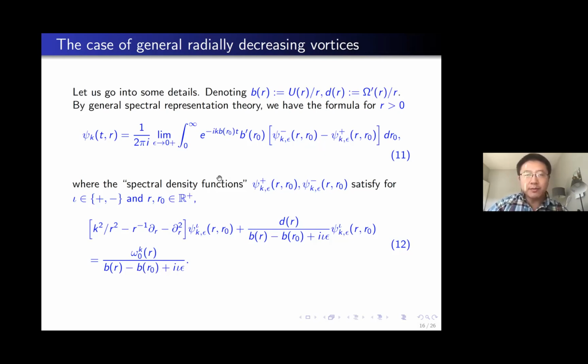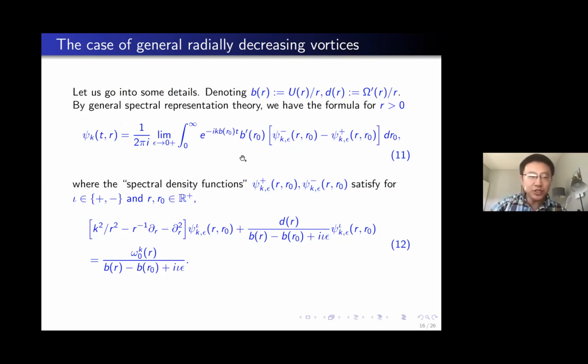So in the end, everything is reduced to analyzing these functions. For example, if we want to obtain quadratic in time decay for the stream function, in this formula we just have to integrate by parts twice, right? Because every time you integrate by parts, you get a 1 over t. So we just have to understand, for example, the regularity of this guy in R naught. We have to take two derivatives in R naught. If we can take two derivatives in R naught, then we can get 1 over t squared decay.